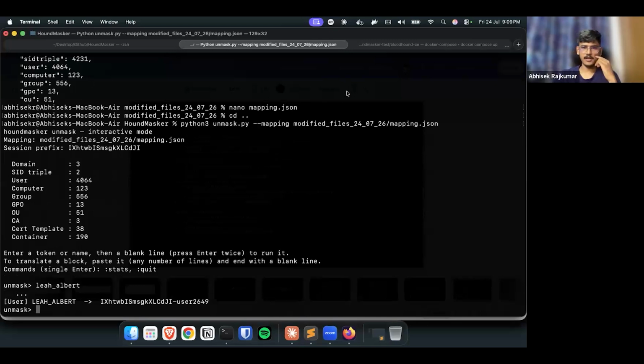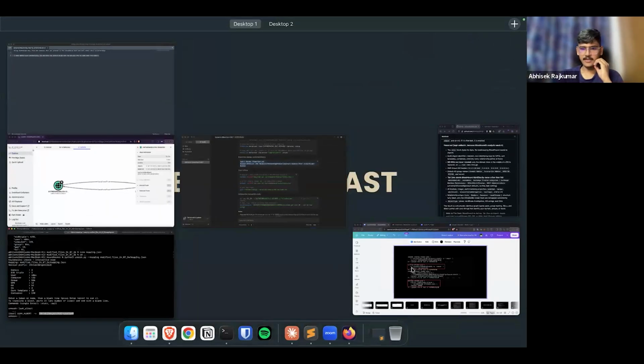It's going to show you what name this belongs to. So you can see this belongs to this name. It's an interactive place. You can try to talk with it about the data that you got from the masked BloodHound. So this is about the masking and demasking part.